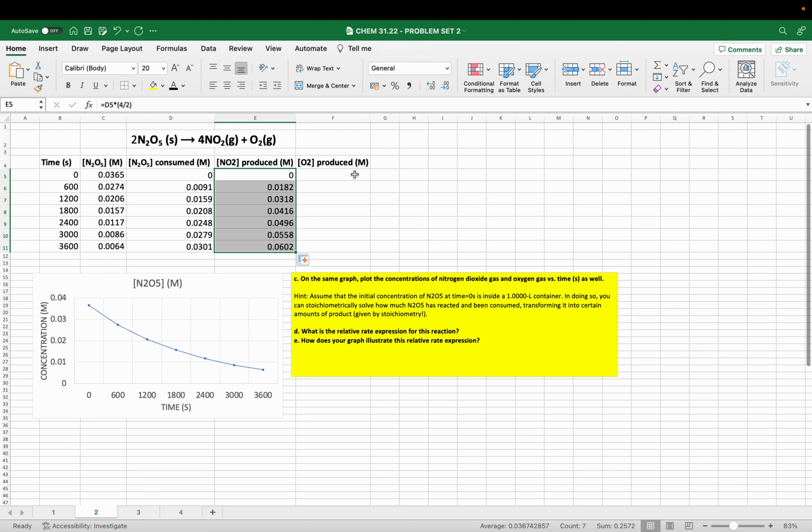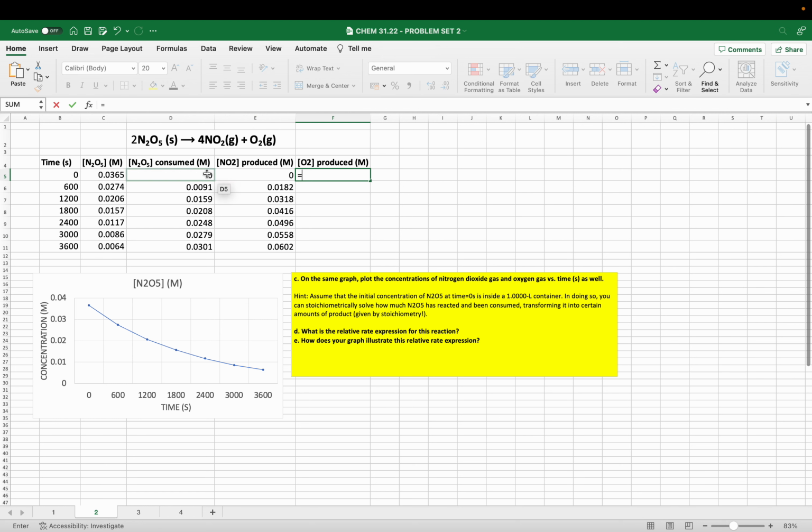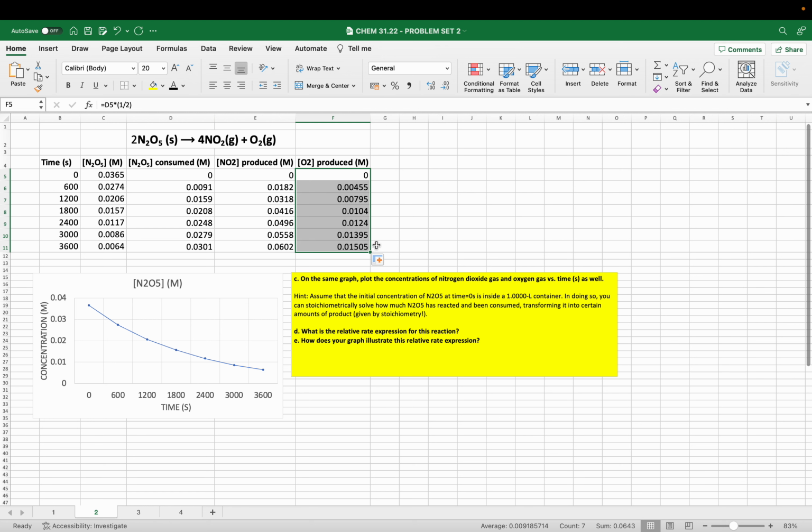We're going to do the same for the amount of O2 produced. Again, taking the amount of N2O5 consumed as our reference and multiplying it by the appropriate stoichiometric ratio. So with that, we know that we have 1 mole of O2 produced for every 2 moles of N2O5 consumed. And we're going to drag that formula down, or apply that formula, to all the other values of N2O5 consumed